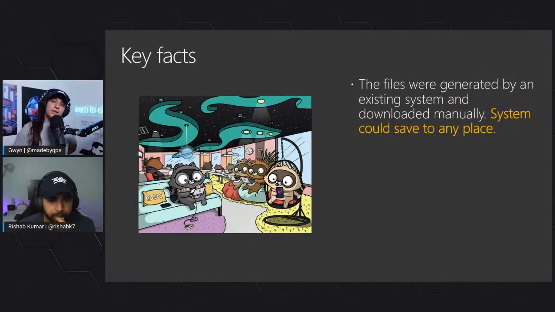Then I knew that the files that actually get uploaded were generated by an existing system. And these analysts, my colleagues, were downloading the files from the existing system manually. But I spoke to the lead engineer on that project, and he essentially told me, yeah, we're just generating them and not putting them anywhere. But if you gave me a place where you wanted them to get saved, I could do that for you. So I was like, okay, cool. Key fact right there too. I knew that once the files were generated, I could get them to go somewhere where I needed them to go.